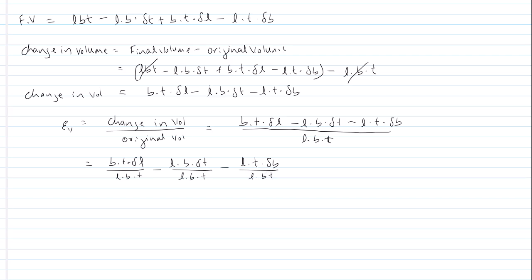Then BT, LB and LT will get cancelled. After the cancellation, it remains delta L by L minus delta T by T minus delta B by B,